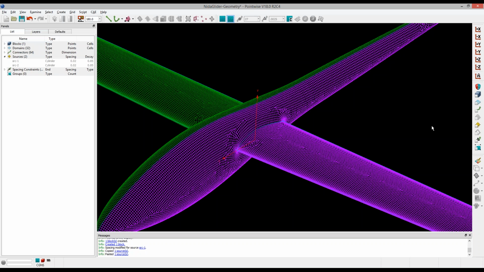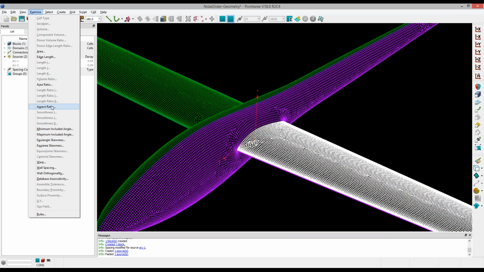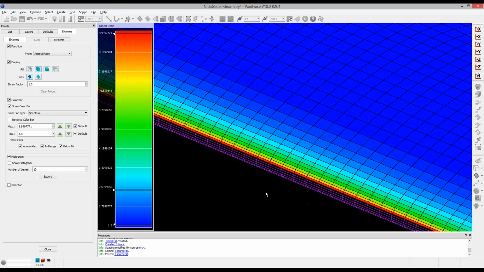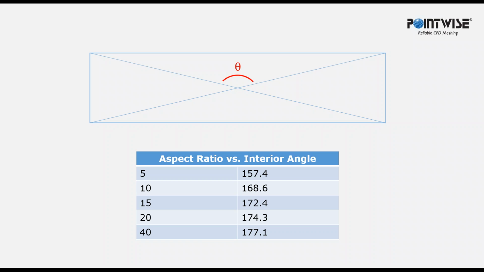In fact, if we go back and take a look at one of these domains and examine the aspect ratio, the maximum is 9. It's happening here at the leading edge and the trailing edge. So I have close to an aspect ratio of 10, okay? That means that angle would be 168 degrees. Now I'm using a 170 degree max angle skew criteria for T-Rex, which is larger than that value,